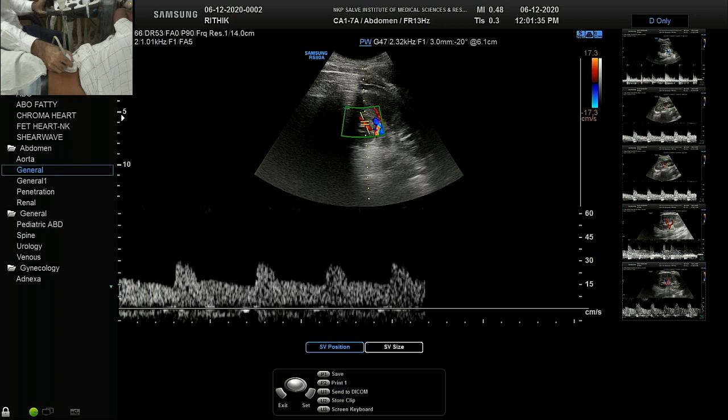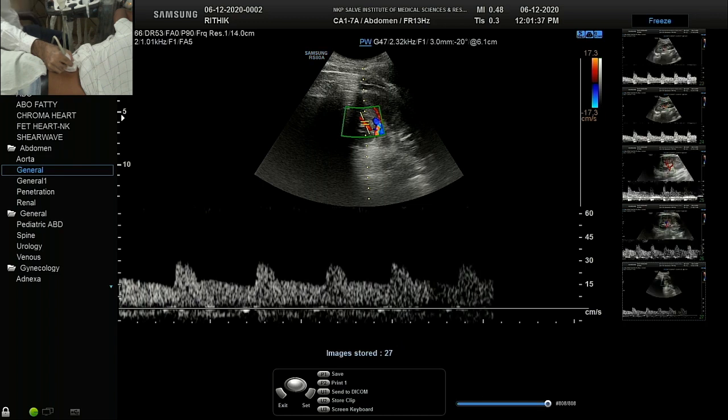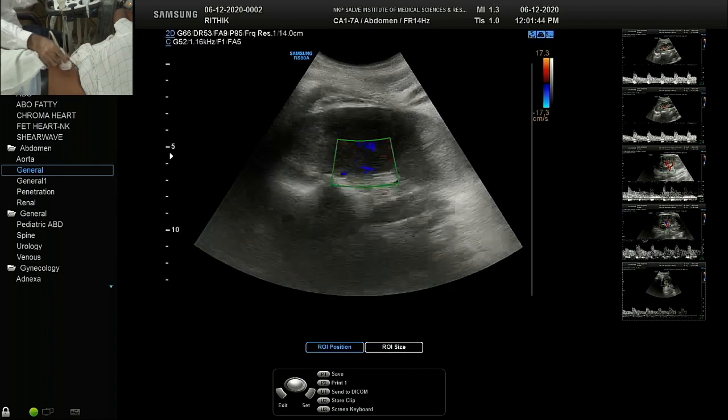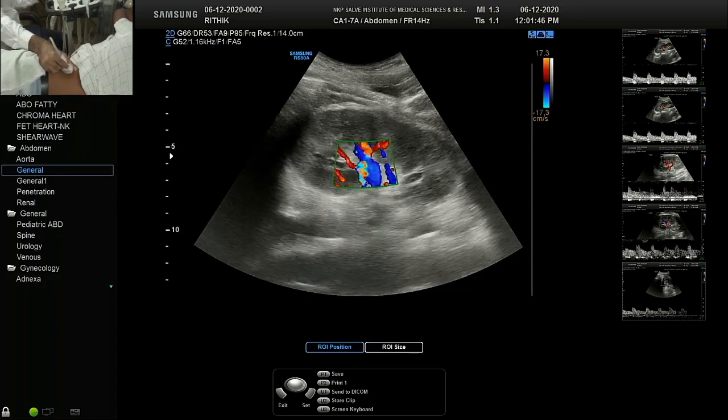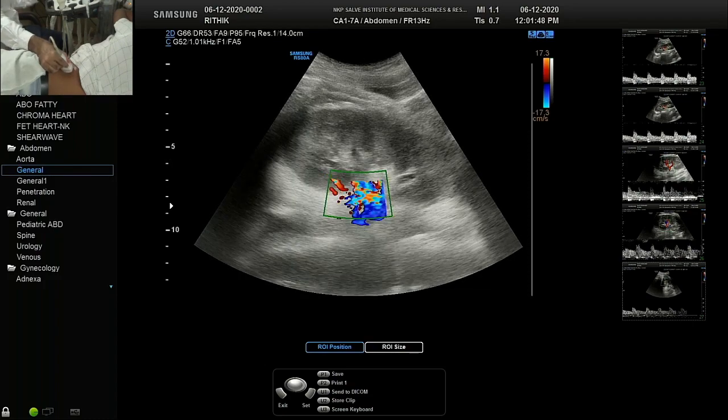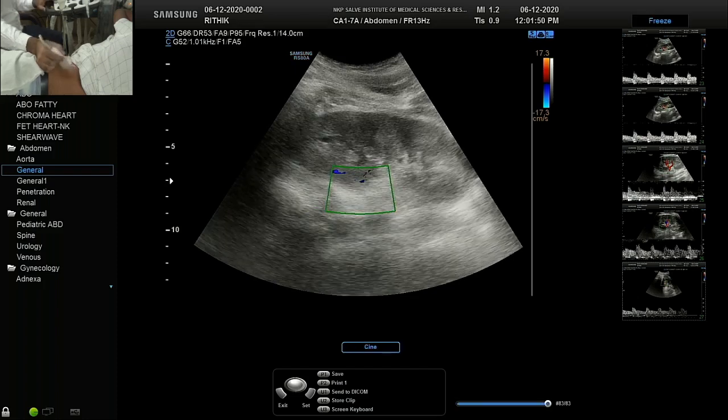See how easy it is. You can get 3 to 4 good spectrum waveforms. That is fair enough to report them or label them as normal. So I think we are done with everything. So if you have some case, we'll move forward.